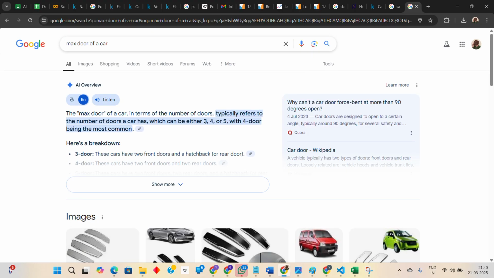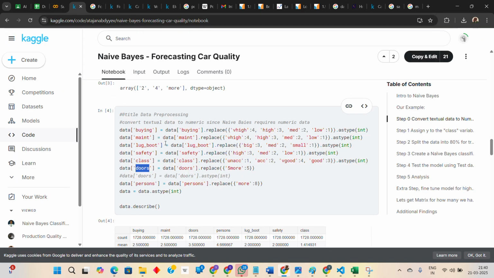Maximum doors, typically 3, 4, 5. That's it. 5 is the last number. That is why he typically considers 5. And when it comes to persons, maximum 8. Right, maximum 8 in any premium car or